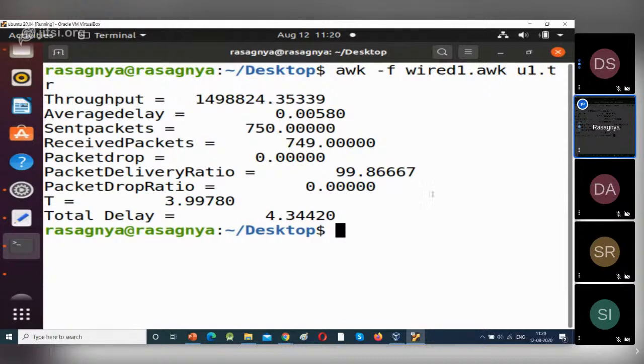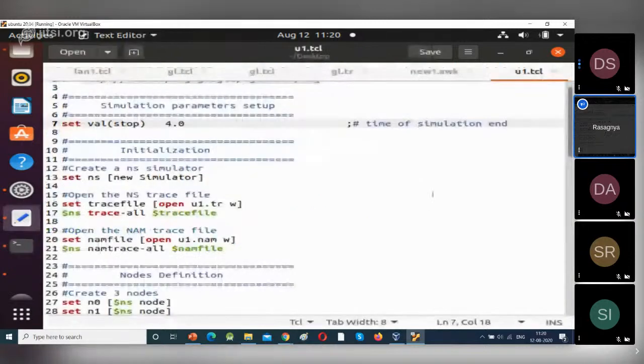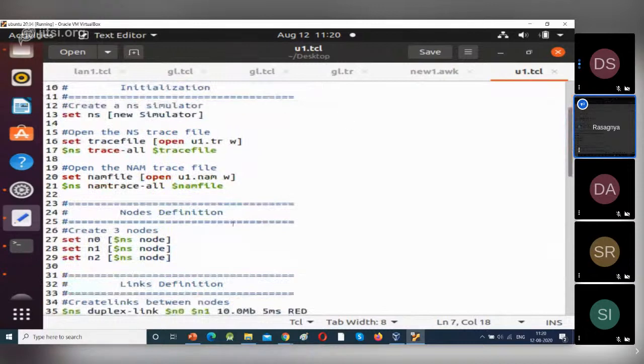Now we will change the color of the node, labeling and shape of the node. So open the TCL script, gedit space u1.tcl. Now we will add shape to the node, color and labeling.